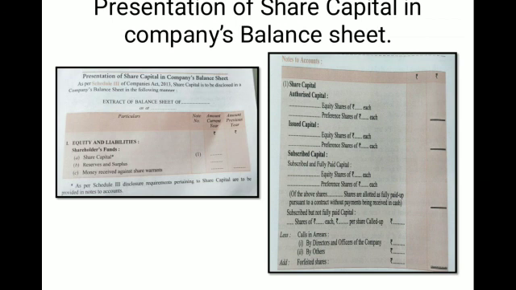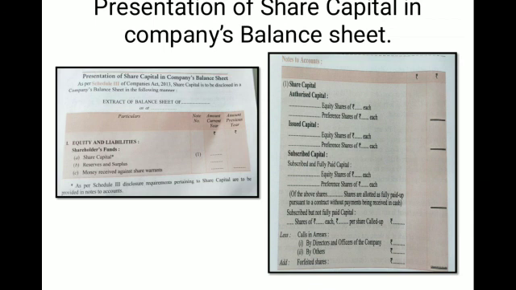So you may observe on the left side, the balance sheet format is there. Now we have only the vertical balance sheet for the company. The name of the company is to be listed at the top. Then particulars, note number, and the current year and previous year figures should be listed. The first title is equity and liabilities, so this is the first title on the liability side, and on the asset side we have the second point, assets.